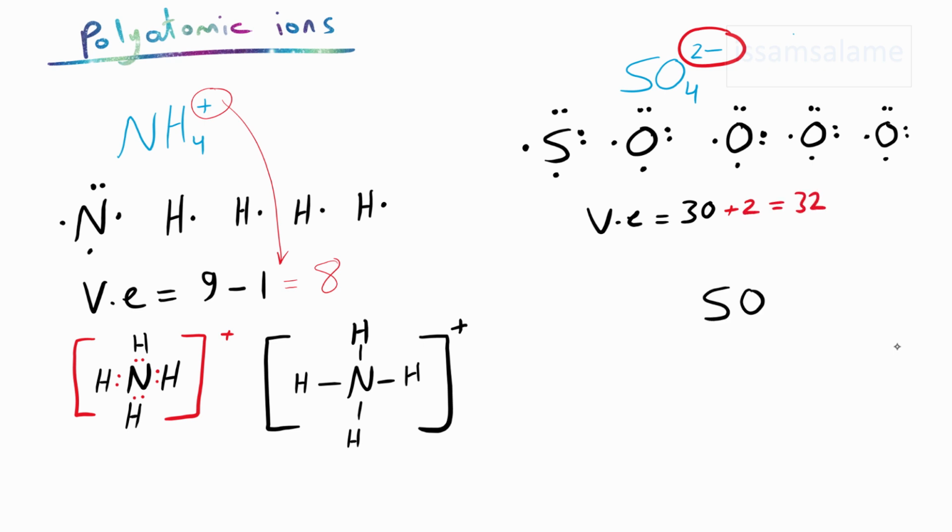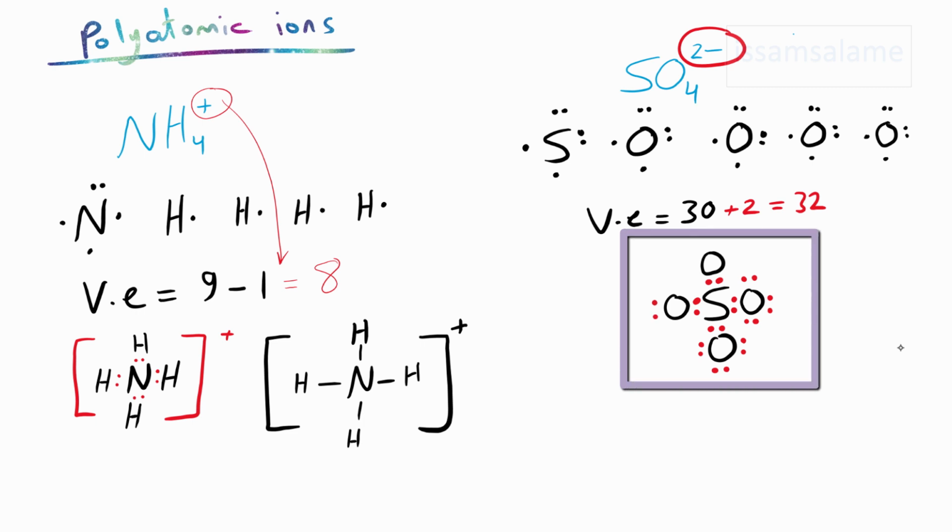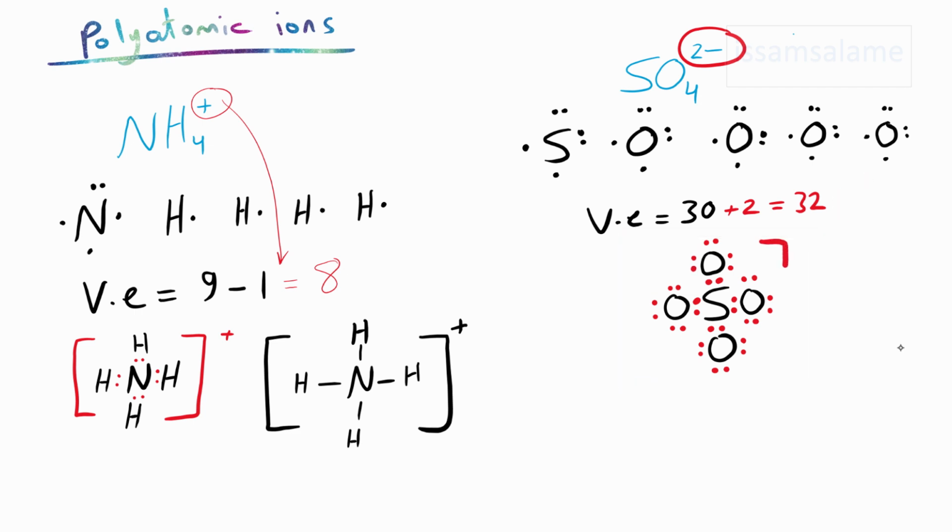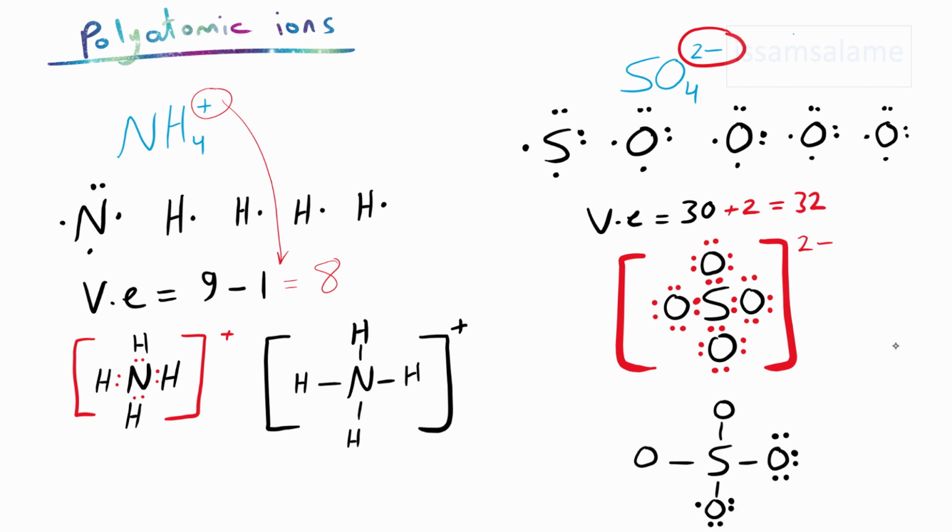We place sulfur at the center and oxygens around it. Then we add the shared pairs of electrons between every 2 atoms. We complete the octet for the oxygen atoms. And now we add the total number of dots, which is equal to 32. And all the atoms are satisfying their octet. Don't forget to add the parentheses with the charge. And the last step is to change the shared pairs into long dashes and also to add the parentheses with